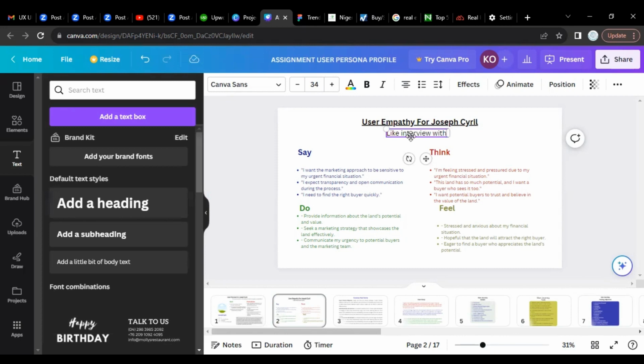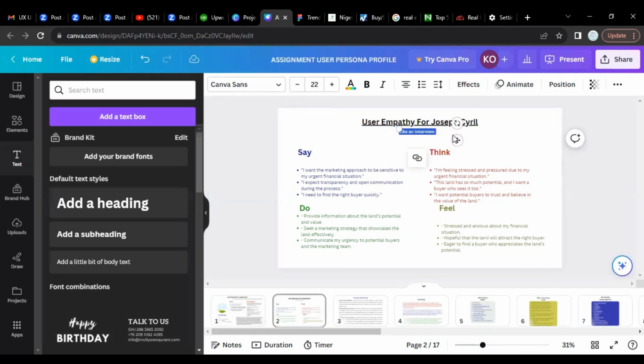So you wanted to ask whether an interview should be there or not? Yes, there should be an interview for my reminder. Obviously there should be an interview, and based on that interview, you can write the say, think, do, and